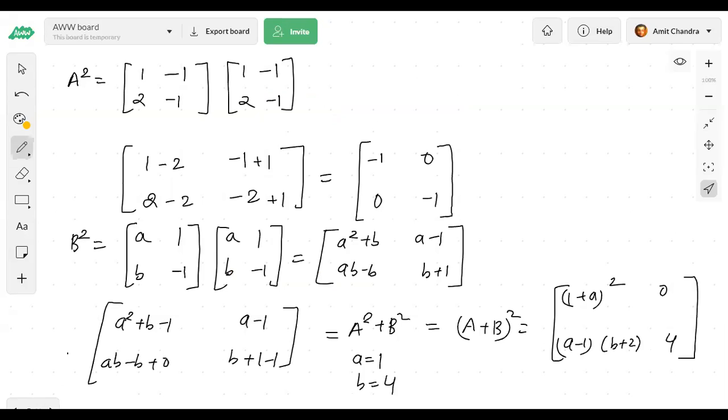For board you can use any method, but I will suggest you to use the second method. This is the second method. I didn't start it first because I want you to do the long method first and then the second. A plus B whole square is equal to A square plus B square plus AB plus BA, not 2AB, right? That is why I've written second method the second time, so that you will know the first method. First method you already know, but second method is the shorter method. That is why I've written second method afterwards.